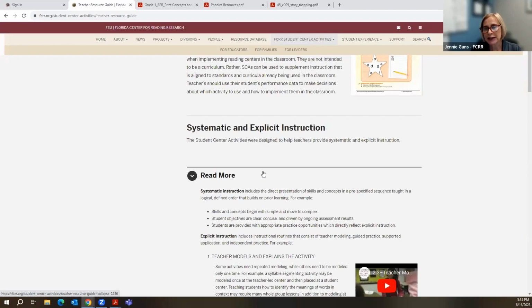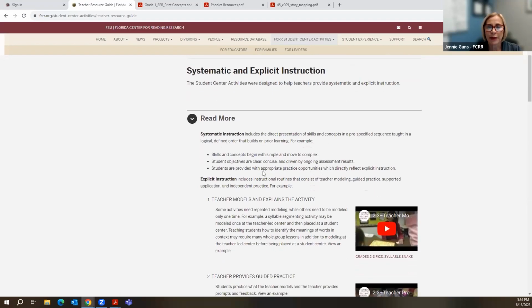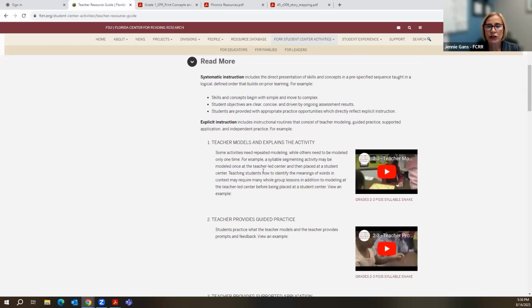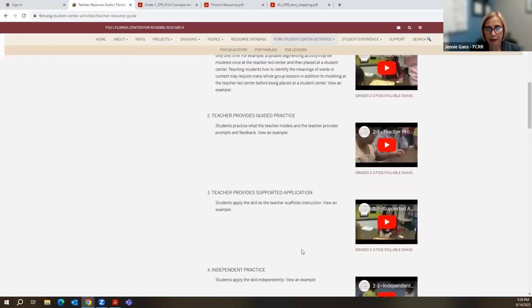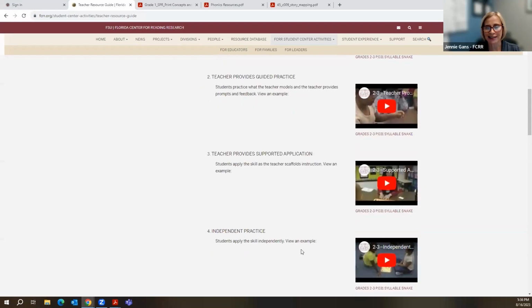We want everybody engaged in a positive manner. So this talks about explicit instruction. And you'll see right here, we have an example of a second grade or third grade activity called Syllable Snake. And this teacher really does an excellent job in the 4 steps of explicit instruction: modeling and explaining the activity, providing that guided practice, supported application, and then independent practice at the end where these 2 adorable girls are doing